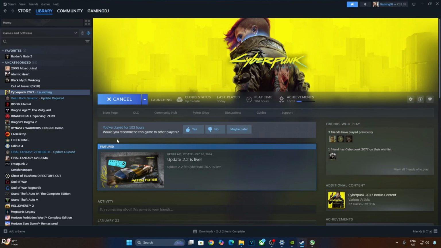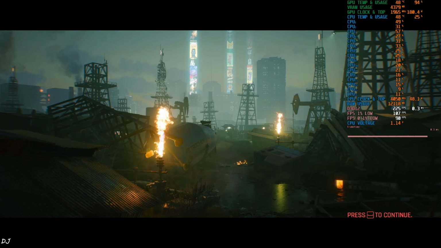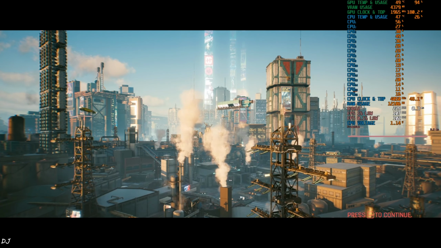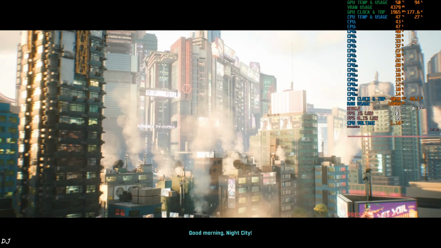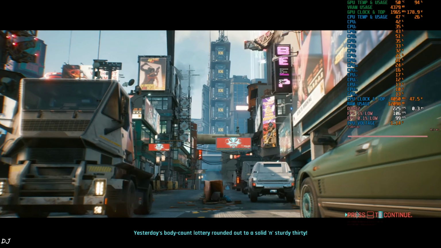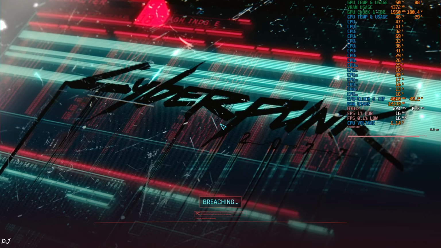We'll be using a custom Afterburner overlay to show you the performance metrics. I've already enabled Nvidia Reflex setting from the game settings and enabled VSYNC from Nvidia Control Panel. You can see FPS is capped at 2 to 5. So Reflex and VSYNC combo